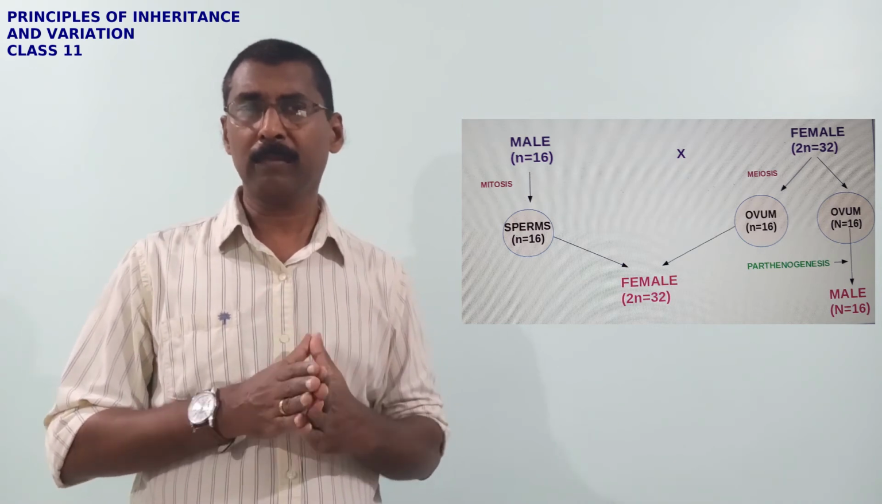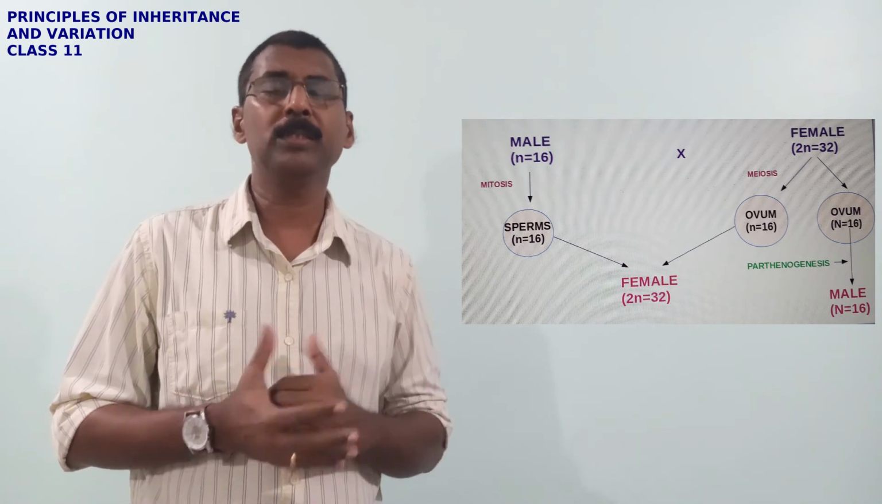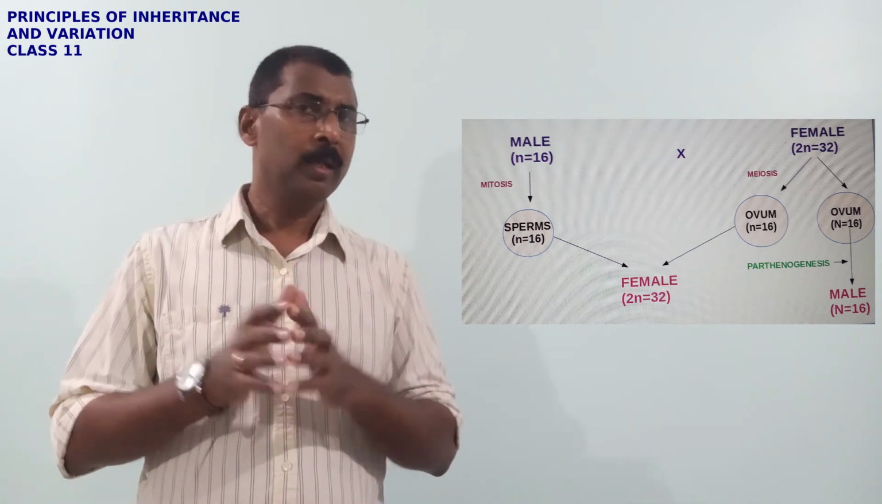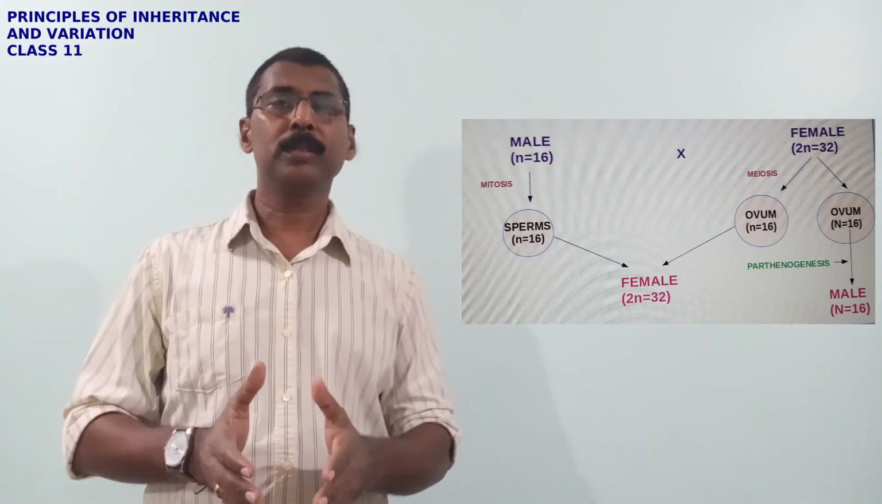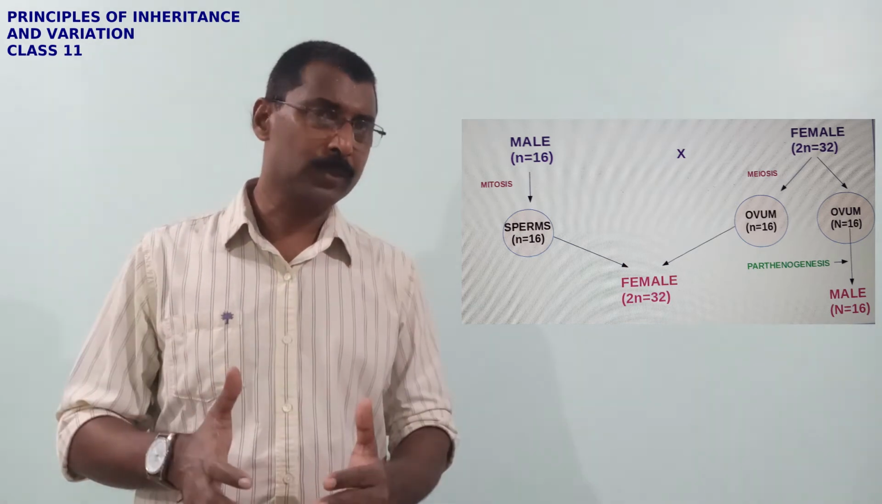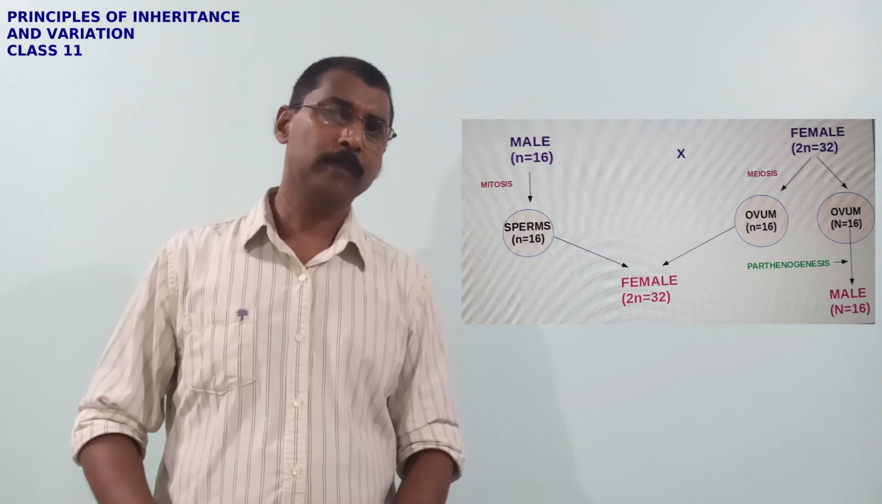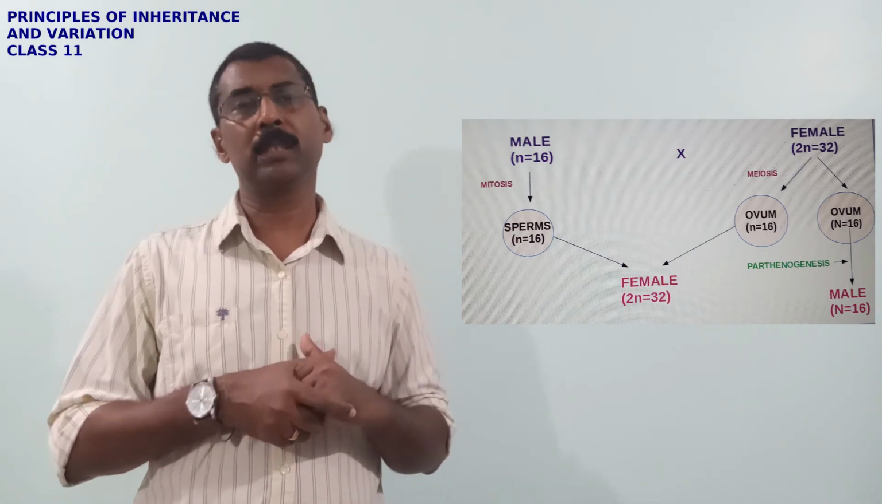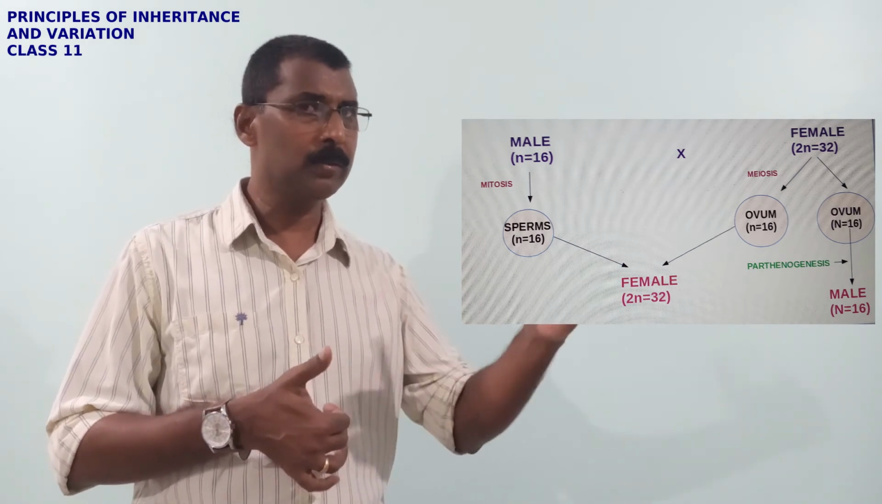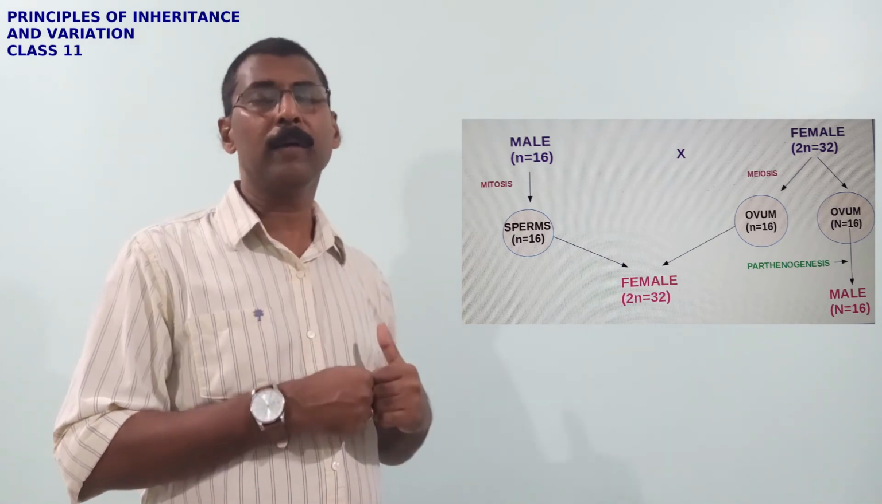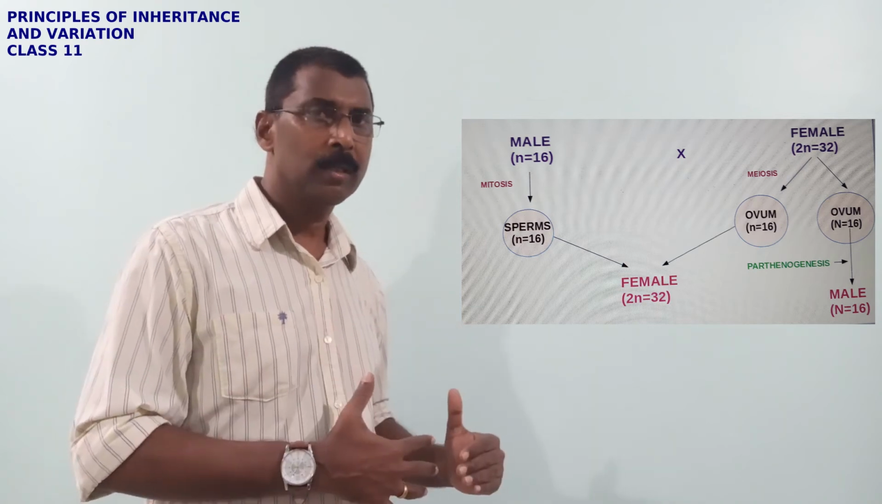Okay, let us see once again what is the condition of honeybees. In honeybees, males are with n number, they are haploid, they produce sperms by mitosis. So sperms are also with the n number of chromosomes, 16. Females are diploid with the 2n number of chromosomes, that is 32, and they produce their gametes, ova, by meiosis,